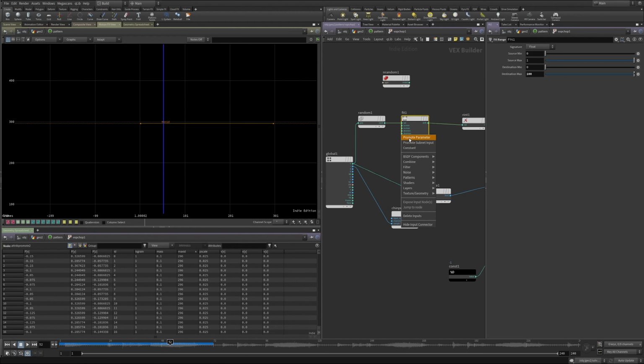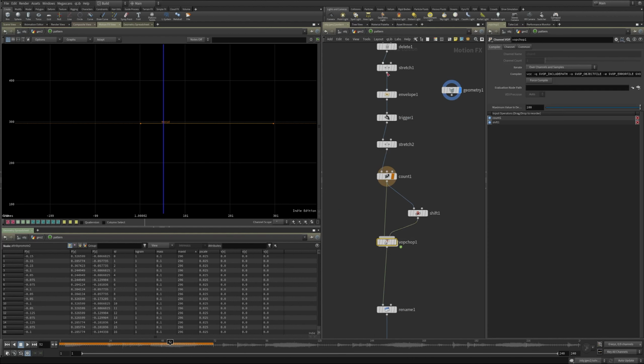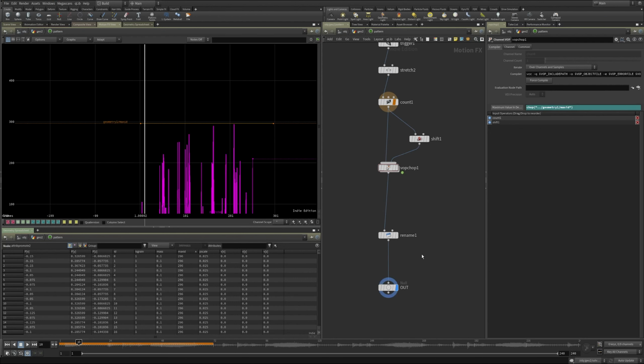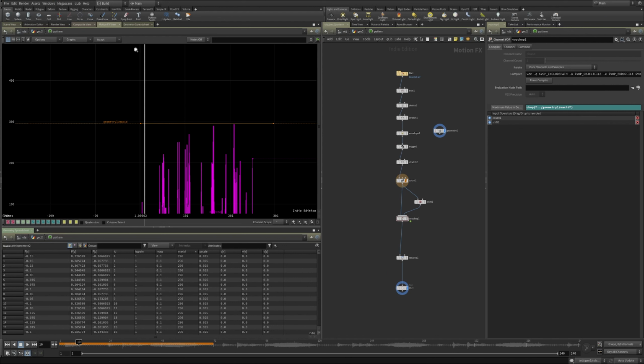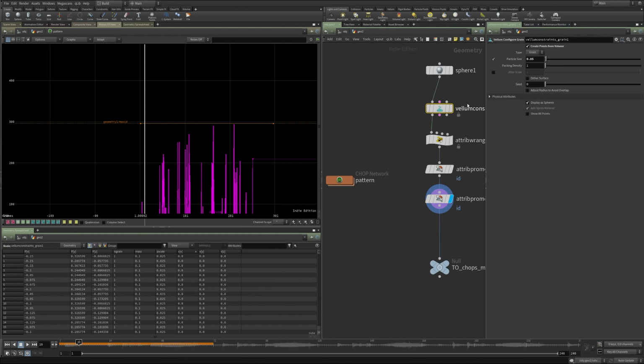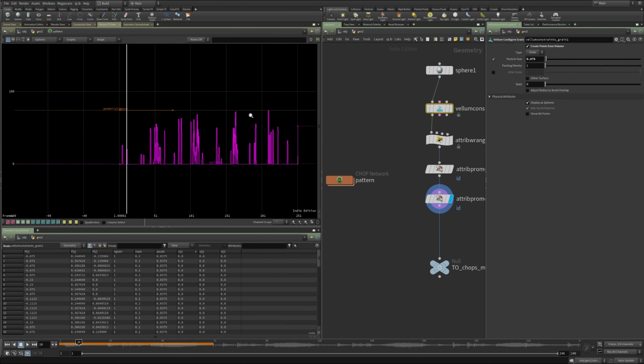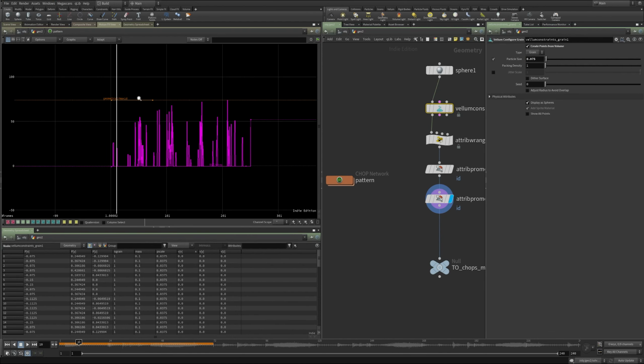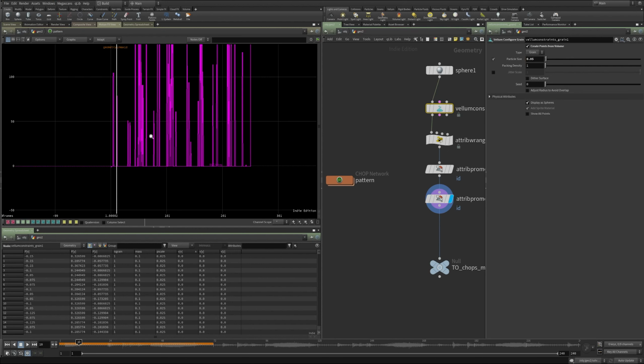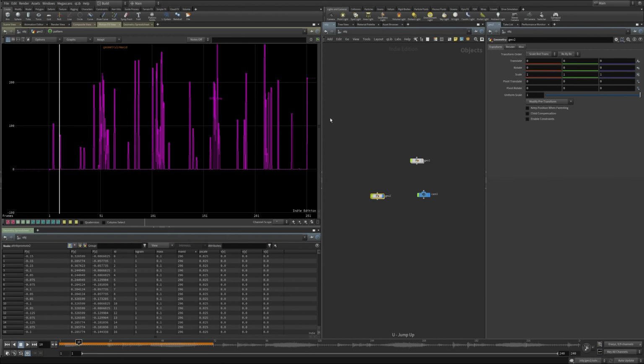I'm just going to promote this the same way that you would in SOPs, so that it's available here. Then I'm going to grab this max ID and do a relative chop reference there as well. And what that's going to do is, I'll leave this where it is, and if I change this value to 0.75, all of these values scale with the number of incoming points. So I'm going to leave that at 0.5. Now I have random values.